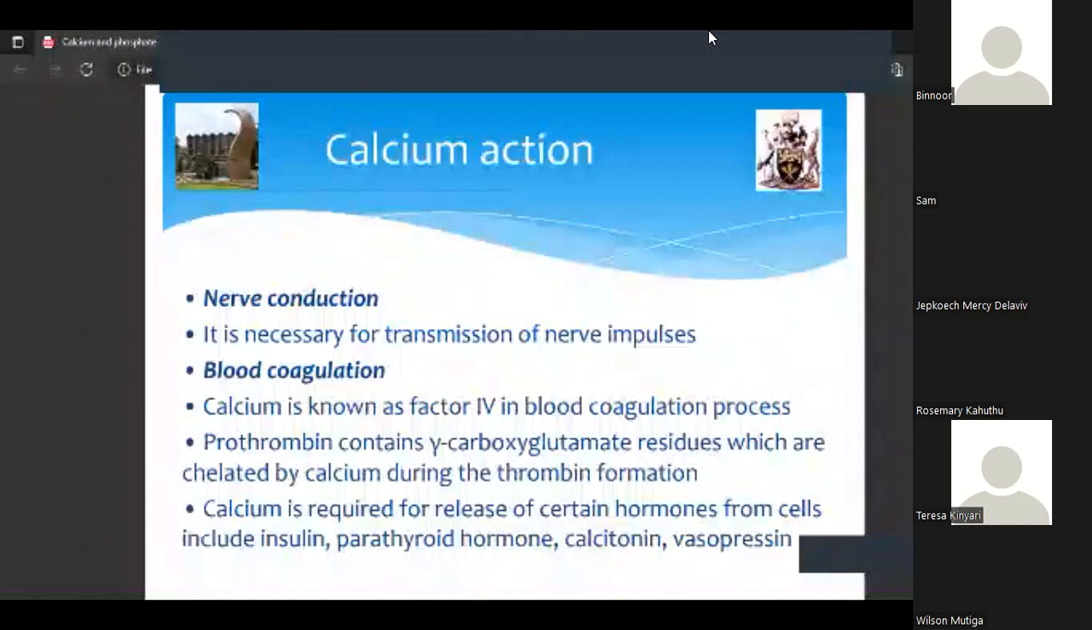Nerve conduction is also mediated by calcium because calcium is necessary in the transmission of nerve impulses, and also in blood coagulation. Calcium is actually factor 4 among the coagulation factors, and it will bind to the gamma carboxy glutamate residues in prothrombin during thrombin formation. So calcium is also required in certain hormone formation: insulin, parathyroid hormone, calcitonin,